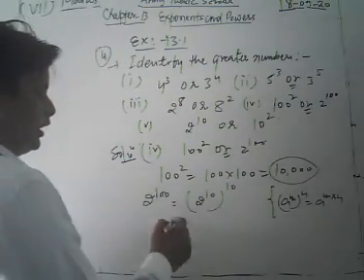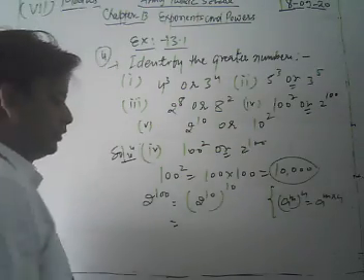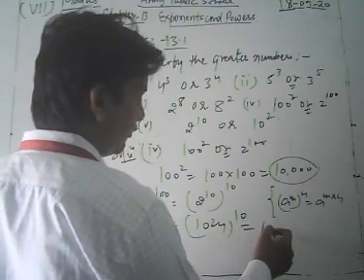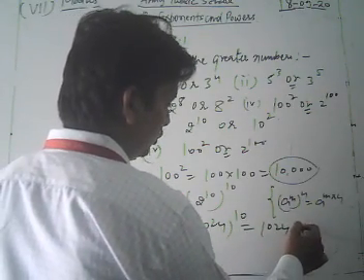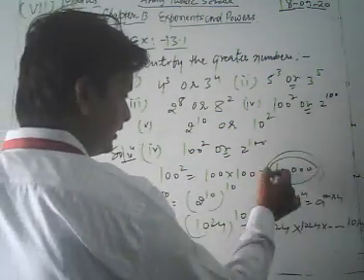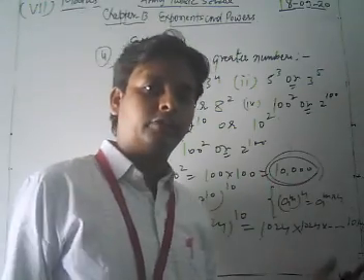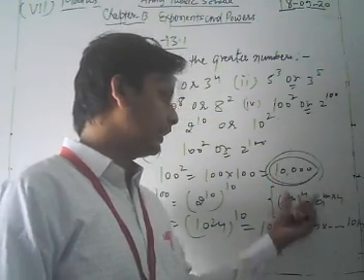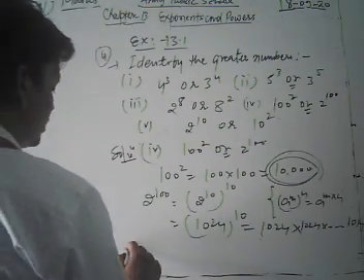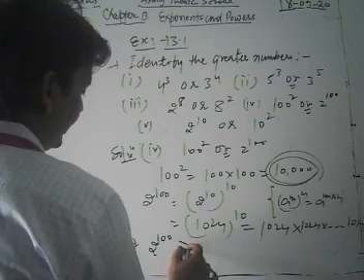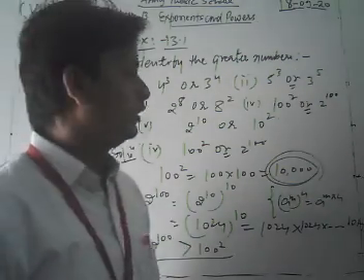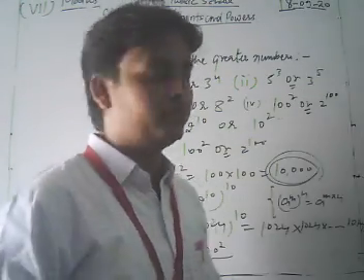Now the value of 2 to the power 10 is 1024, and the power is 10. You observe that if we write 1024 into 1024 up to 10 times, then it is already greater than 10,000. If you expand them, you can already compare them. This is smaller than this. So in this way we can write 2 to the power 100 is greater than 100 square. Thus students, in this way, now we take the last part of this question.